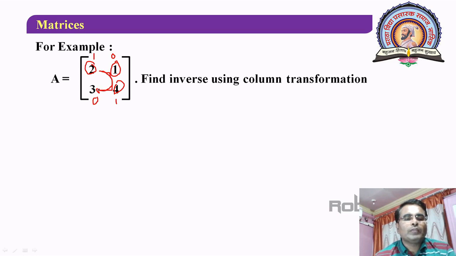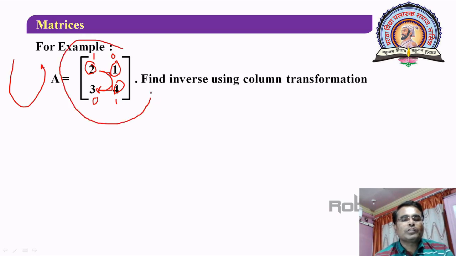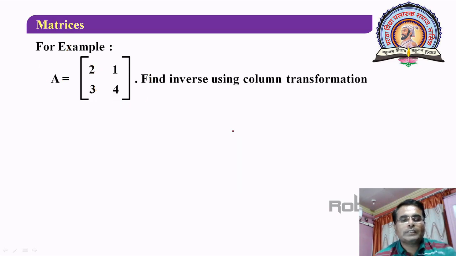Clockwise direction. So whenever we use elementary row transformations, we have to go in anti-clockwise direction in this way, and whenever we consider elementary column transformations, we have to always go in which direction? That is clockwise direction. Is that clear? So go in this direction, make this 1, then make this 0, then make this 1, and then make this 0. This way you can consider the reduction of a given matrix to the identity matrix when using column transformations.